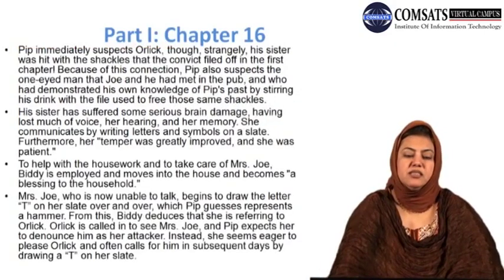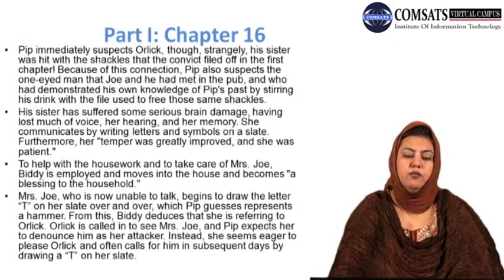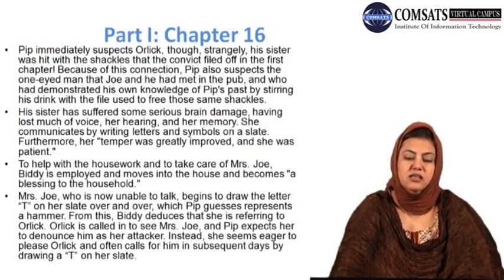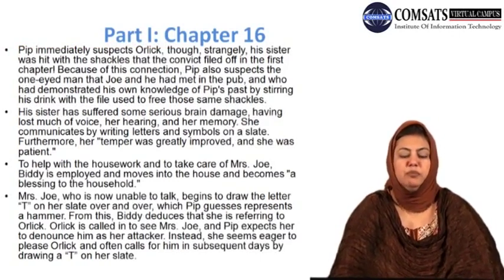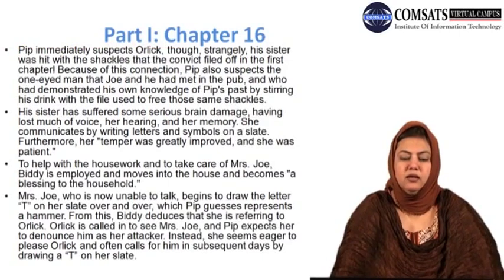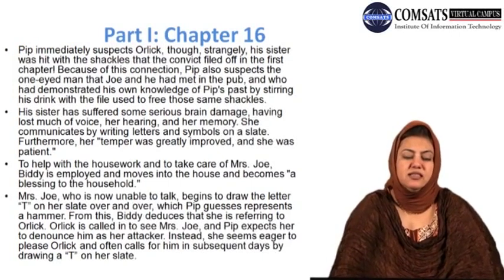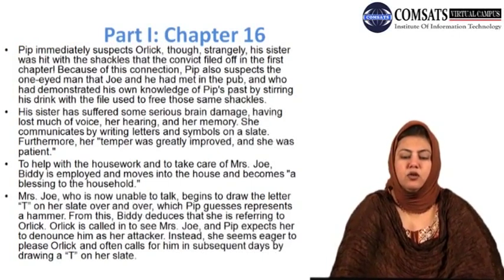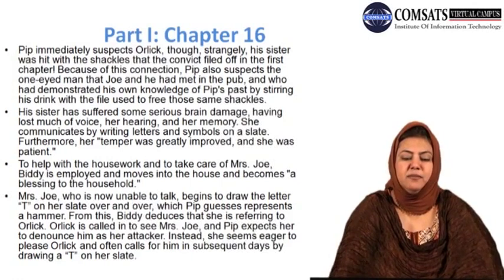This leads us to chapter 16 of part 1, and what happens in chapter 16 is as follows. Pip immediately suspects Orlick. Though strangely his sister was hit with the shackles that the convict filed off in the first chapter. Because of this connection, Pip also suspects the one-eyed man that Joe and he had met in the pub,